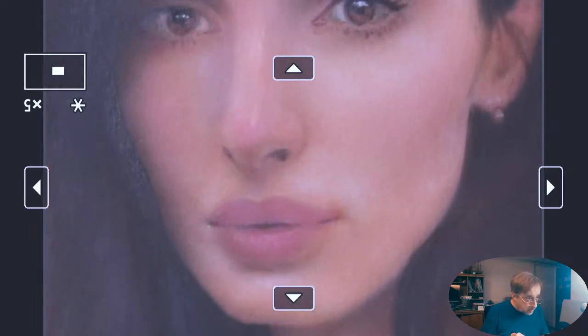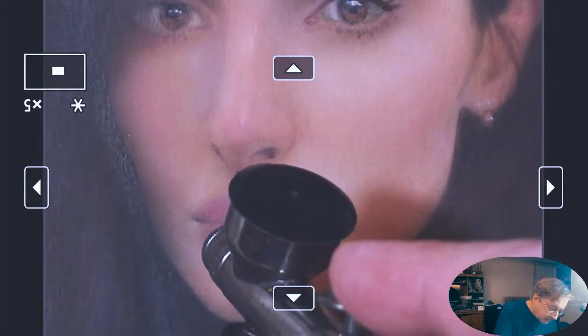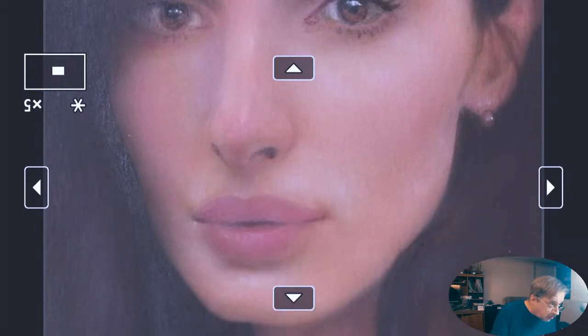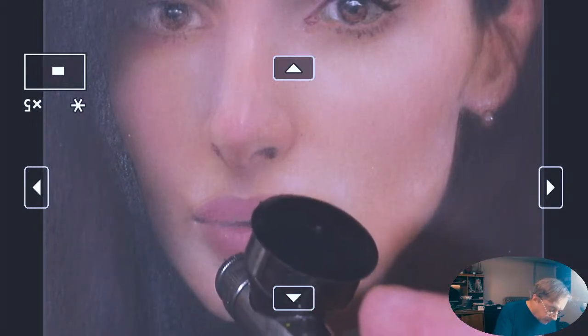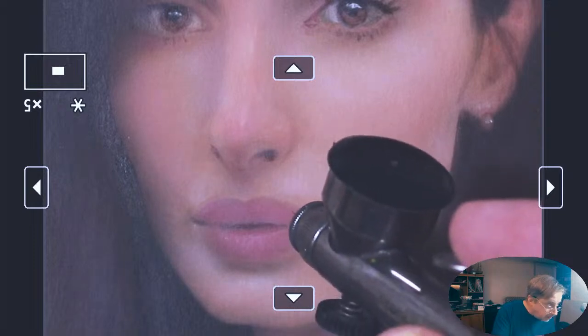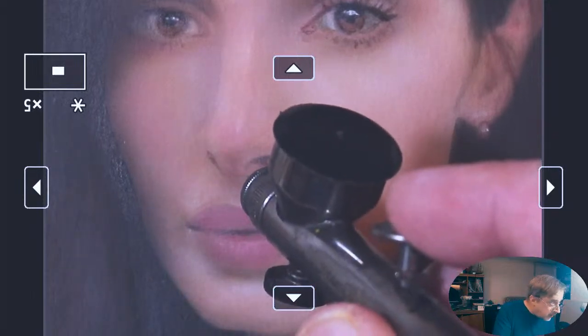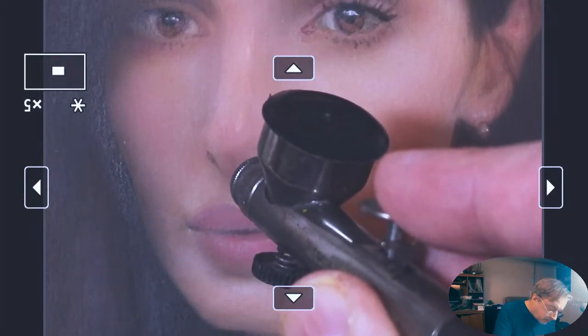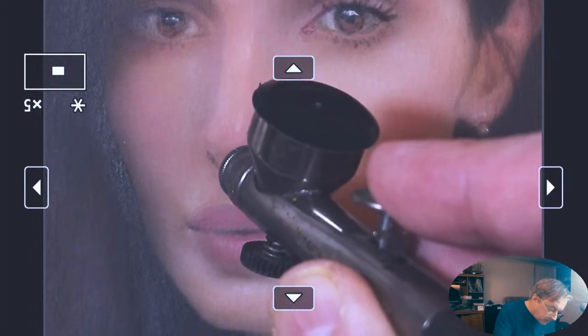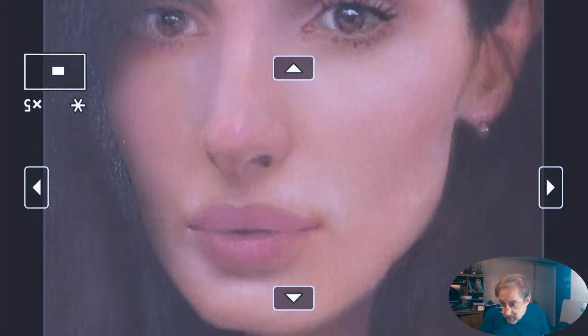There we go. And then we'll go on over to the other side. And there's just a little bit of a lilt right here. And it goes down a little bit. And that is so important for the expression. And then there's a little bit of a wispy shadow down the nose there, right here on this side. Just showing the alar cartilage just a tad, which is good. And let's see,